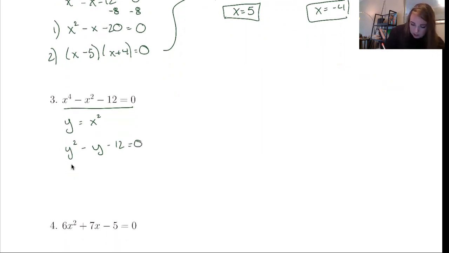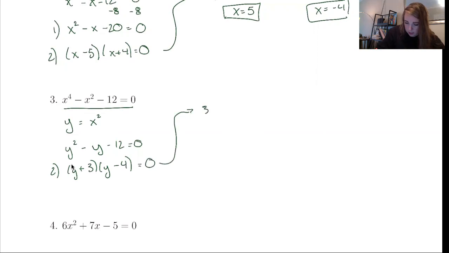This is just helping factoring. So step 2 would say y minus 4, y plus 3. It's the factoring that we've been doing this whole time. So now you have two options. You can solve for y and then plug in for x, but I would really suggest writing x squared plus 3, x squared minus 4